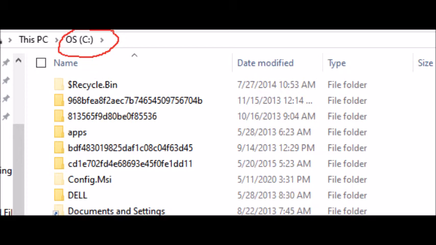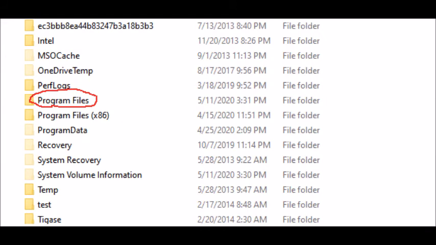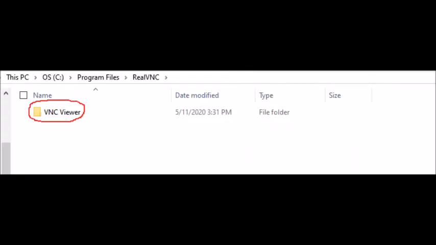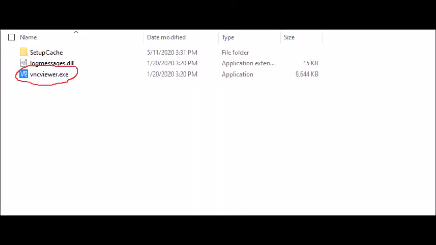In my case it was C, then Program Files, then a folder RealVNC, in that VNC Viewer, and then a file called vncviewer.exe. This is the executable file which I will need every time to connect remotely to the Raspberry Pi. You can create a shortcut of this on your desktop for next time,